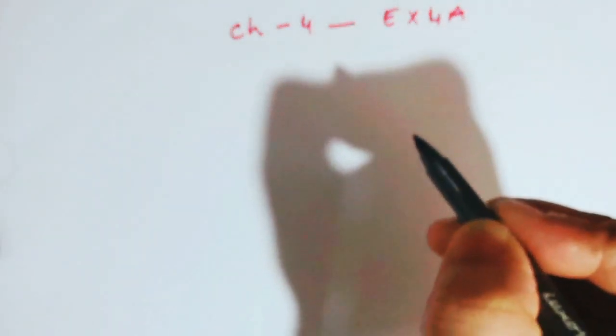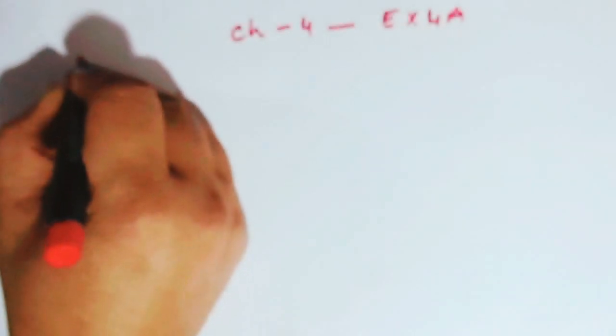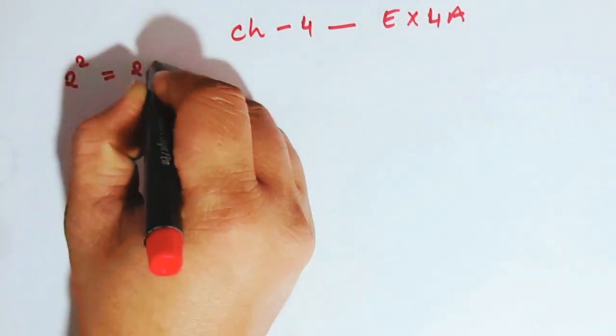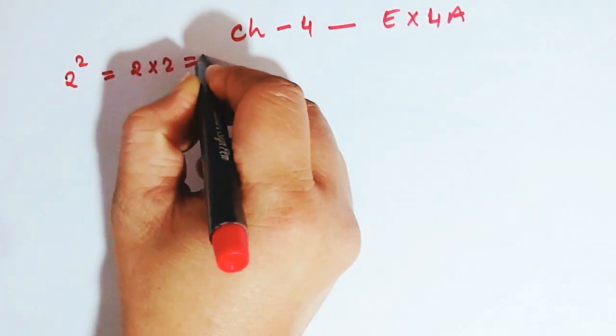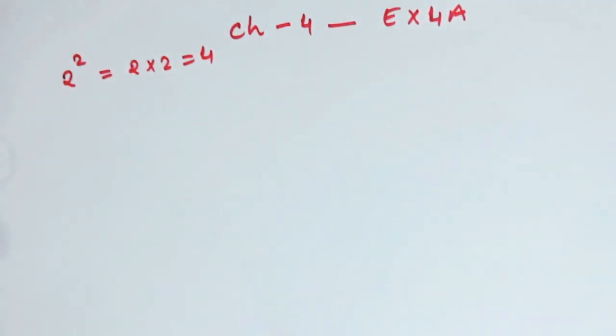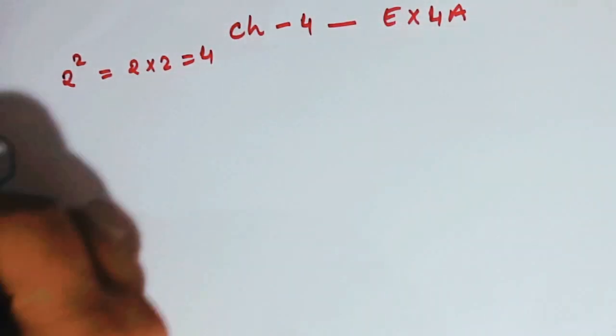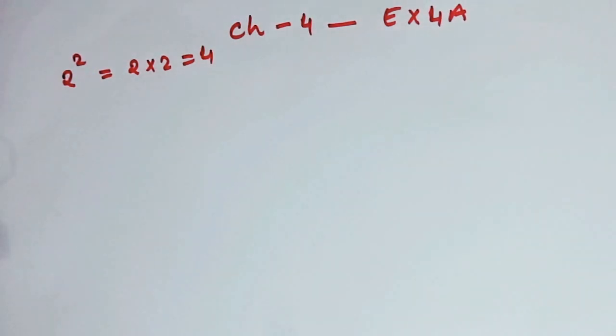But for this you will have to look into the previous video, because if you can find the square of numbers as 2 times 2 is equal to 4, then I am damn sure that you can also find the cube